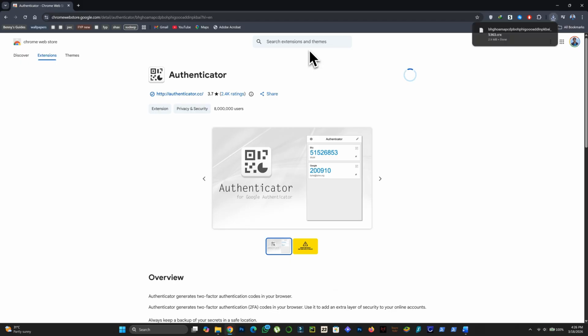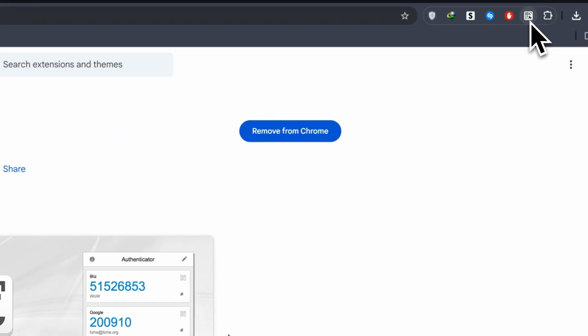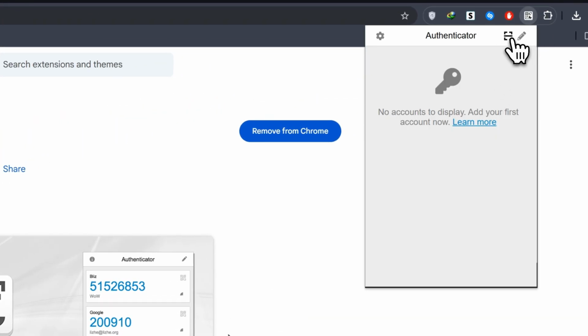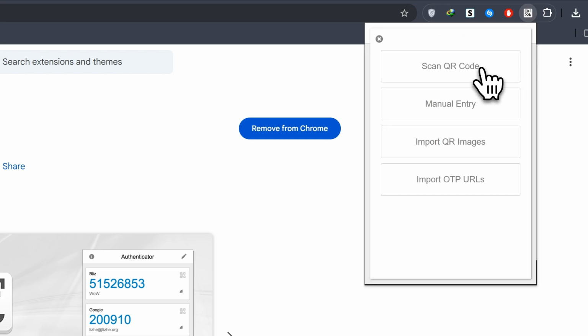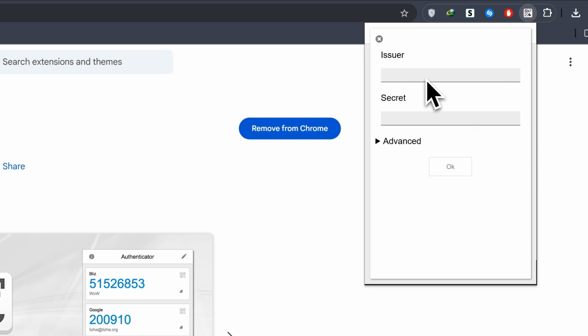Once the extension is installed, open it to access the Authenticator interface. You will see options to add a new account. Click the plus icon, where you can choose between scanning a QR code, entering a setup key manually, or importing